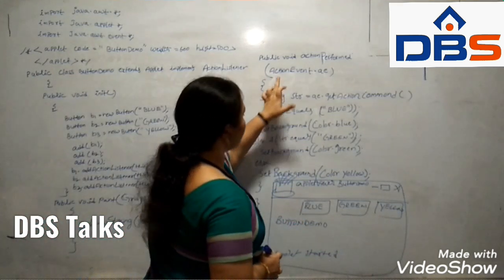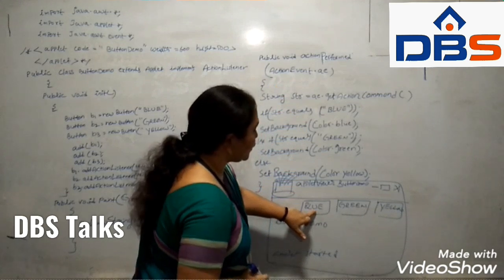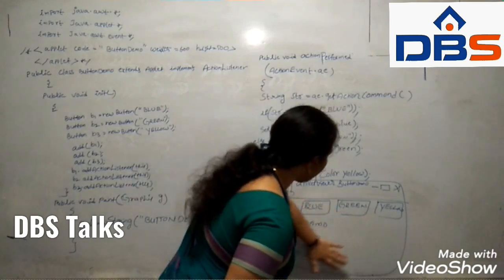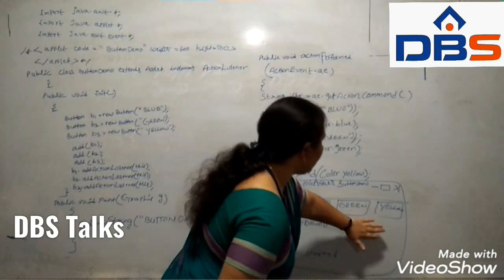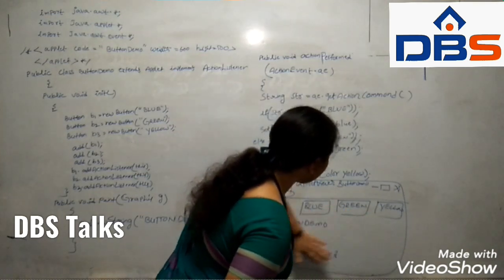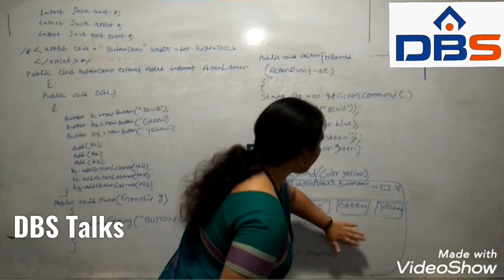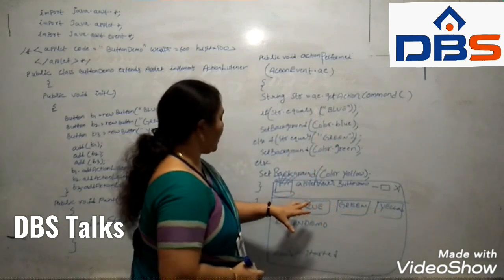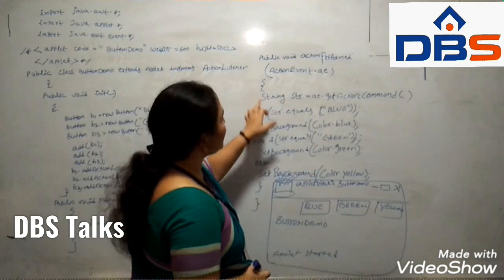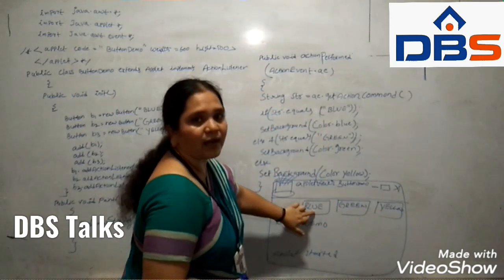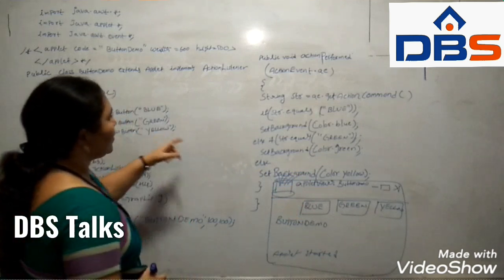According to this action, when you click this button, we will get the entire background color as yellow. When you press this button, we will get the entire background color as green. When you press this button, we will get the entire background color as yellow. Here the actions can be performed when you click the buttons. So with this particular method, we can perform the actions. So this is the entire output according to our program.